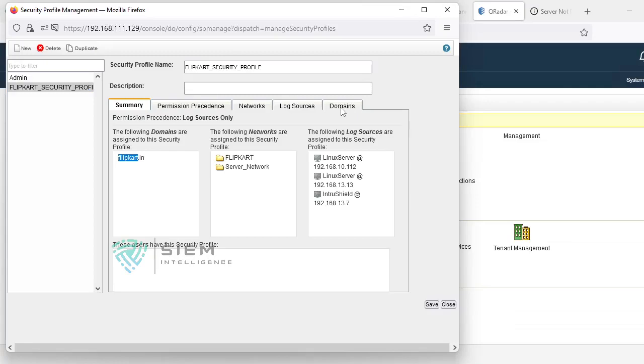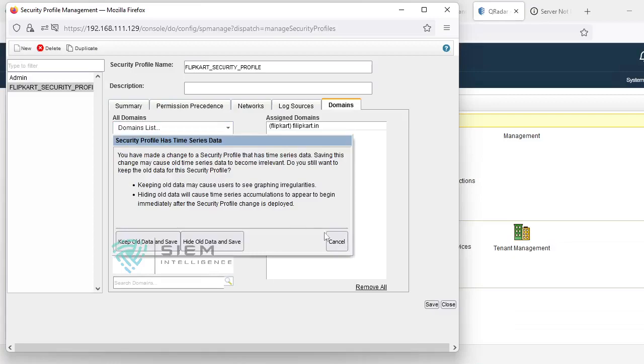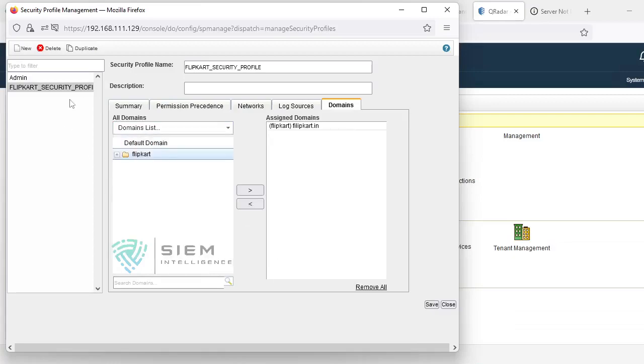Over here we have added it. See, here we have assigned this particular domain from here. If you go and select the domain list, you can select this one. Like this we have already created it for this particular Flipkart security profile.